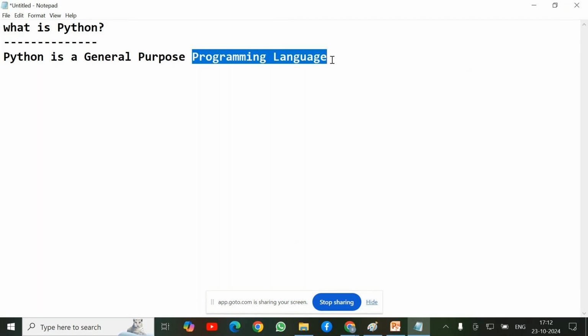What is meant by general purpose? By using this programming language, we can develop any type of application. That means in the IT field, in any domain, we are using Python.